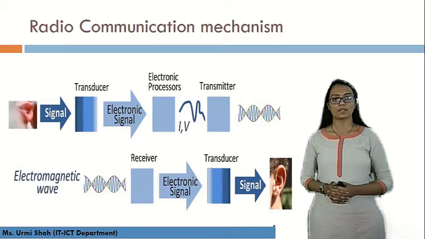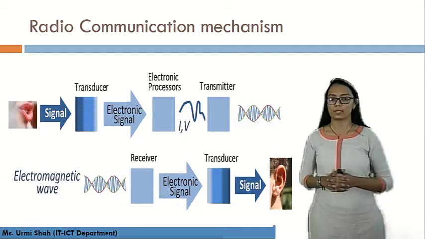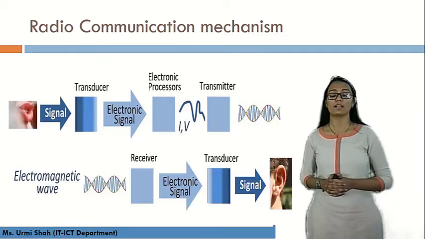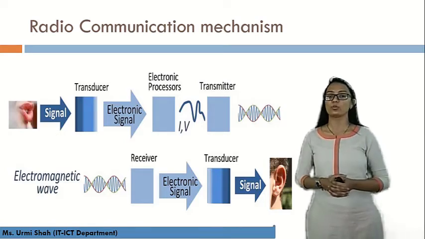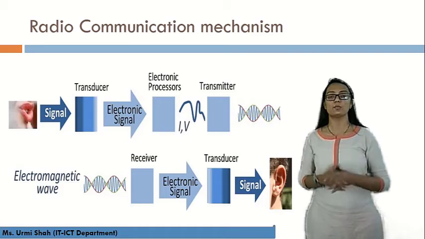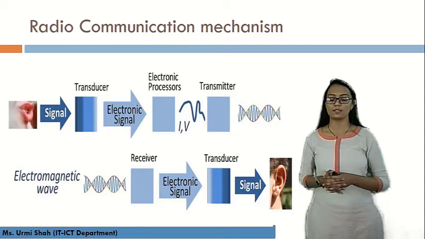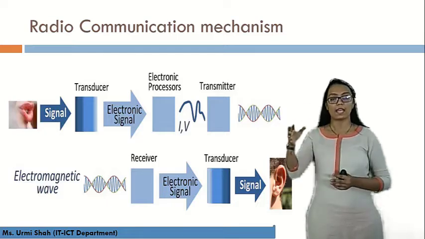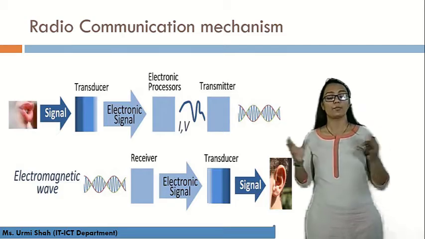Further, this signal will be processed by the electronic processors. Electronic processors will convert the signal in form of its electrical parameters like current and voltage. What are I and V parameters? These are the current and voltage parameters of signal. Further, it will be processed to the transmitter module. Transmitter module is going to transmit the signal via some medium that is known as transmission. So finally our signal will be transmitted, and that transmitted electromagnetic wave will be further processed via some media into